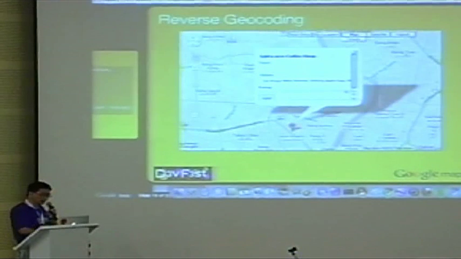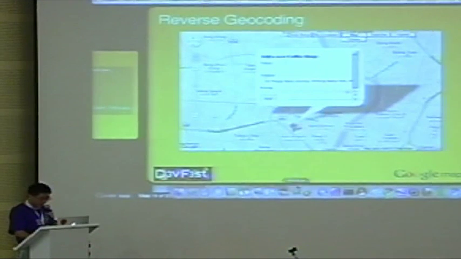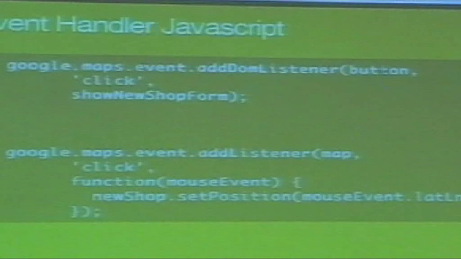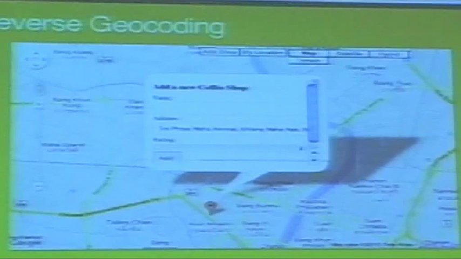So how does that work? When you do that, it's doing something called an event handler, right? So here I have two of them. One is that if you click on this button, it's calling this function called show new shop form. It's showing an info window with the form inside. Or if you click anywhere on the map, it's resetting the position of that form. So these two are so-called event handlers that you can do in JavaScript. Once you have that, now the next thing you want to do is